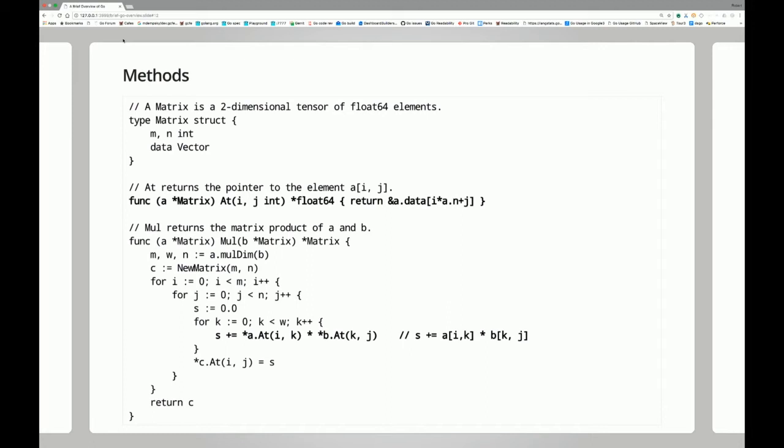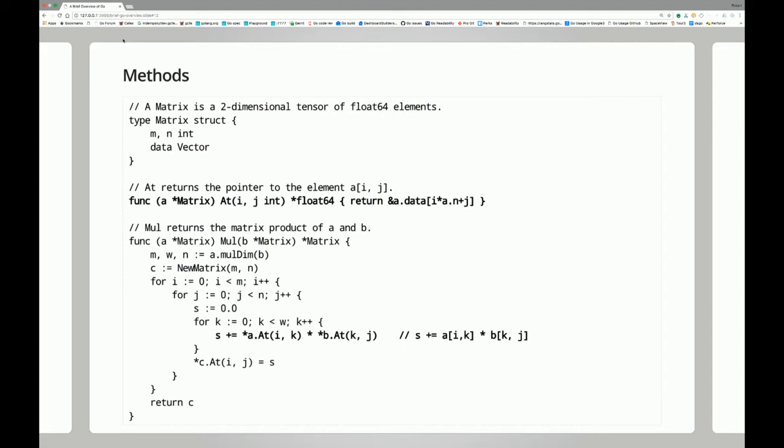So Go is an object-oriented language, but it's not object-oriented in the same way as, you'd say, Java is, or other languages. There's no classes. There's no subclasses. There's no inheritance, things like that. What we have is we have 2 concepts. We have the concept of methods, and we have the concept of interfaces. A method is simply a function that has a receiver. And so here we have a function